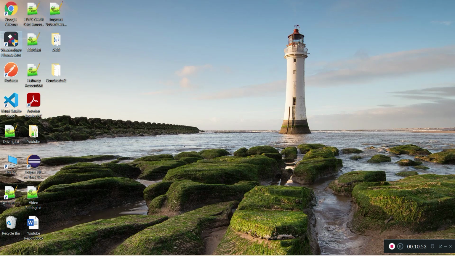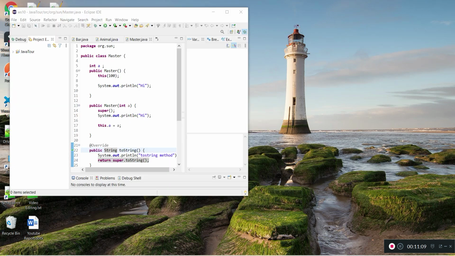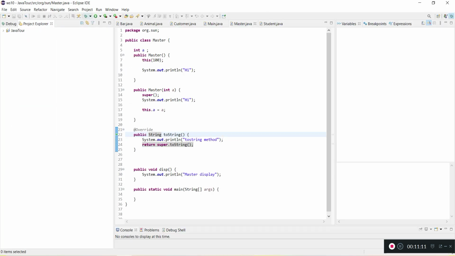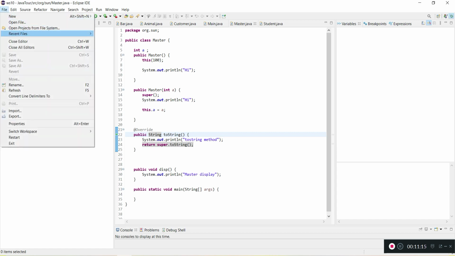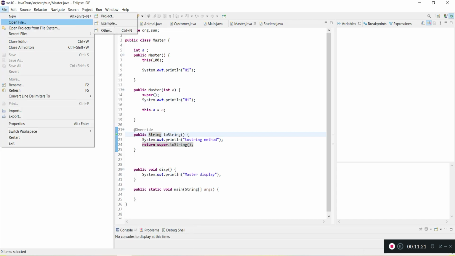Now we'll go to Eclipse and we will run with JDK 1.8 and we'll see sample Java program hello world will execute with JDK 1.8. Yeah, Eclipse is open. So let me create a new project. So file, new project.